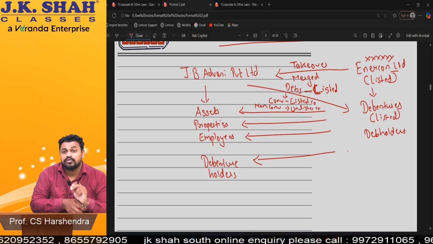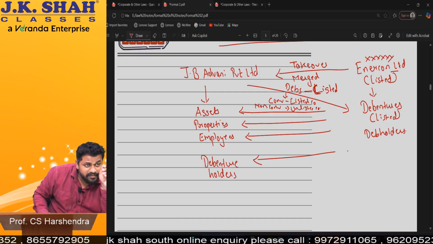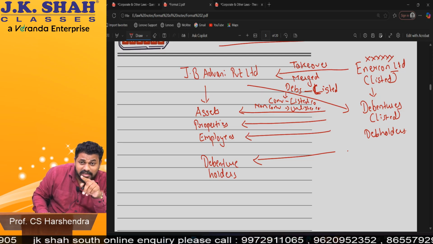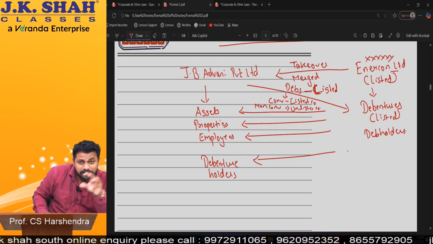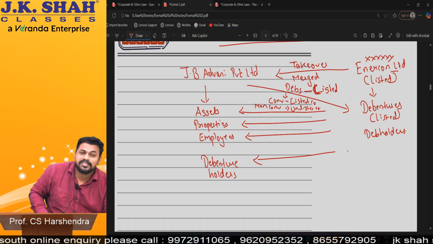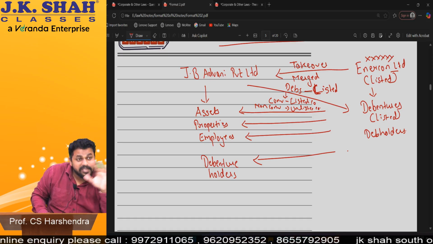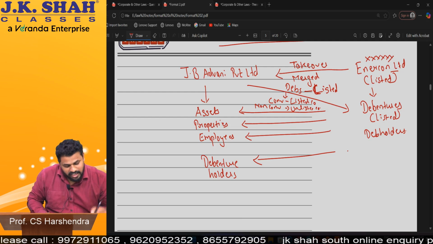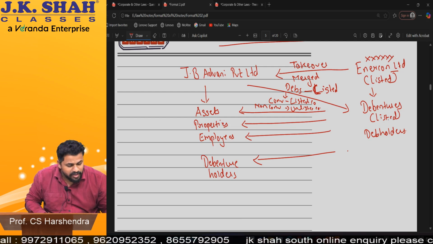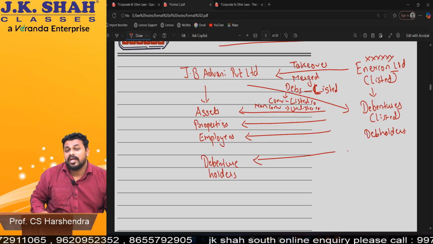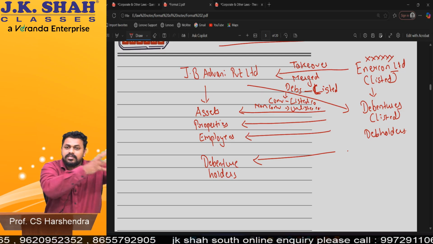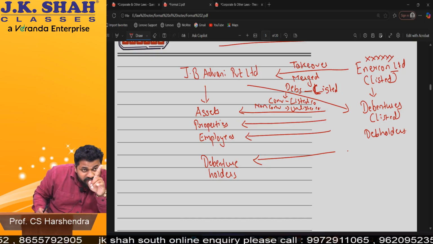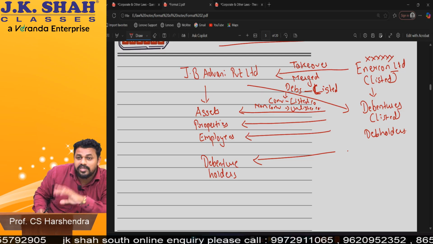Understood properly? So see here, did JB Advani Private Limited invite the public to subscribe securities? No. But are some debentures of JB Advani listed on the stock exchange? The answer is yes. So basically the company as a whole is not listed, but some securities are listed. Which securities? The debentures which are being held by whom beta? Debenture holders of Enercon Limited. Only those debentures will be listed on the stock exchange. Am I clear with this? So the definition of private company is also correct, and this point is also correct.